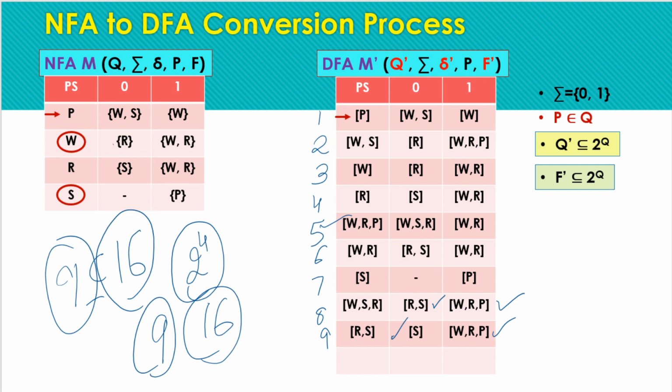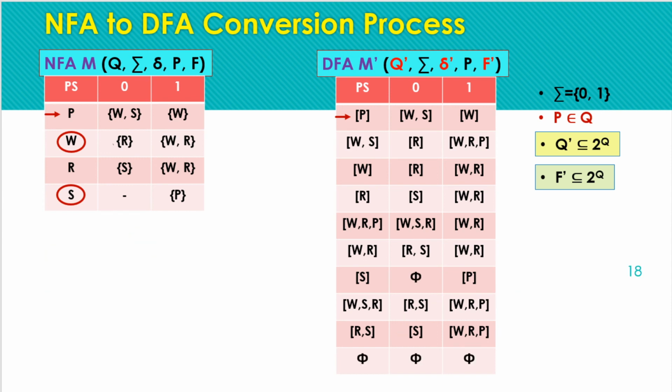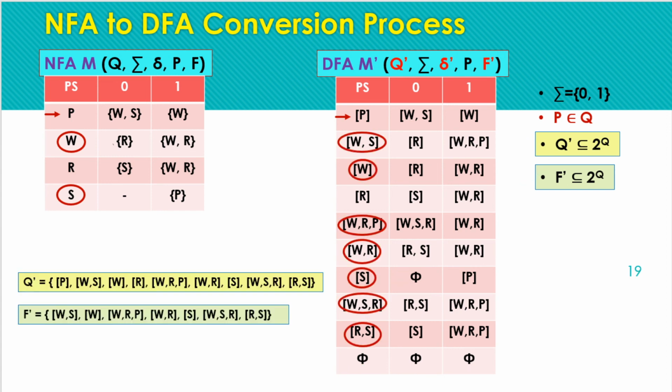So the rest of the states are useless, so we are not considering all the other states, but yes, we can consider an extra state as a dead state, because for all the symbols where we do not have any transition, we can have the move to the dead state. So we can add the dead state as a new state for the DFA. So we have a total of 10 states including the dead state and 9 states excluding the dead state. So these are all the tuples for the resulting DFA, and the final states will be the set of all the states having W or S as one of the elements.